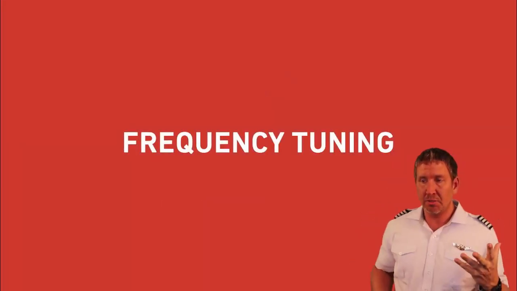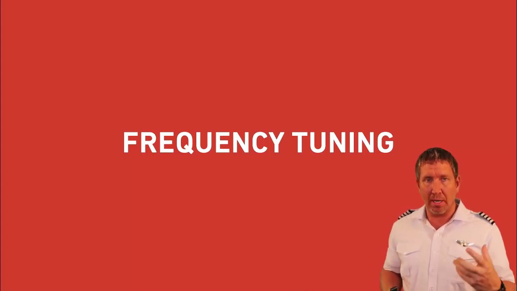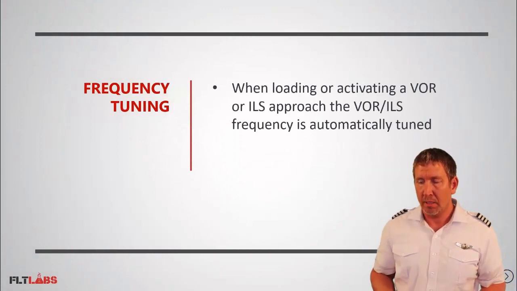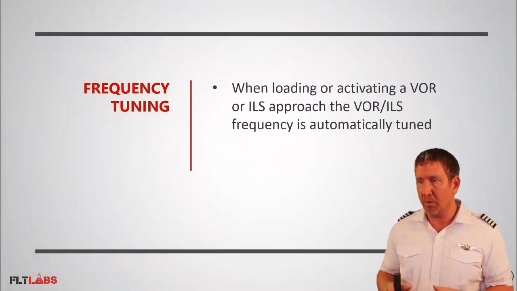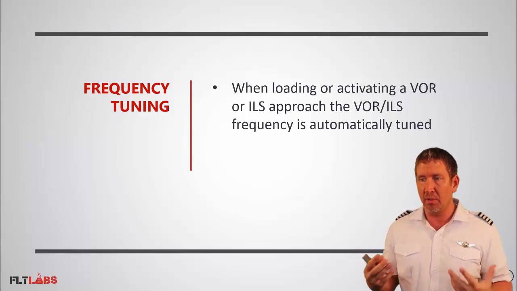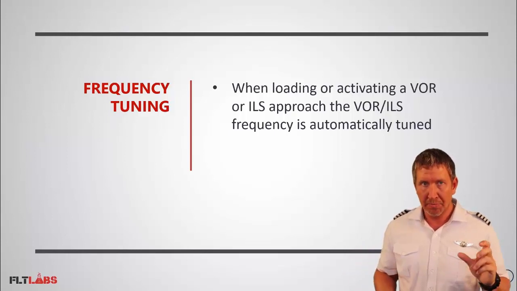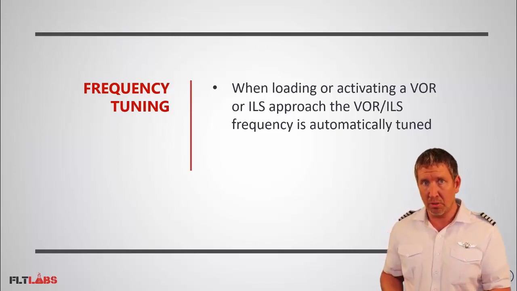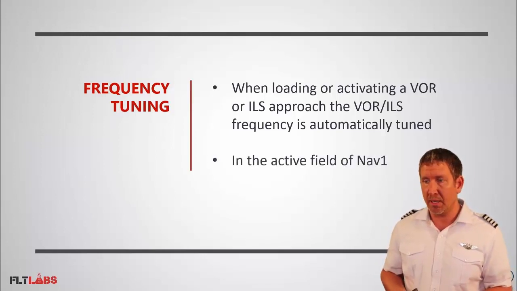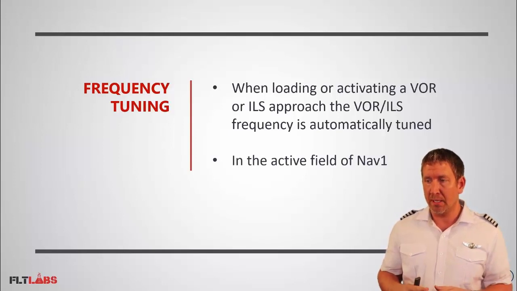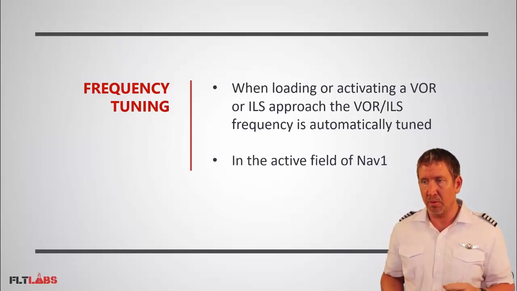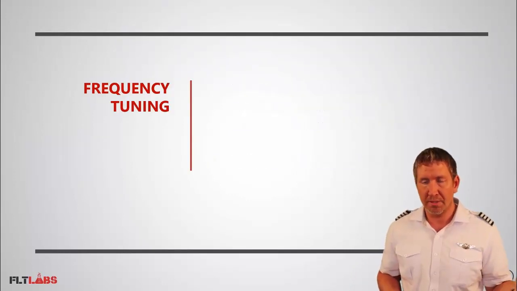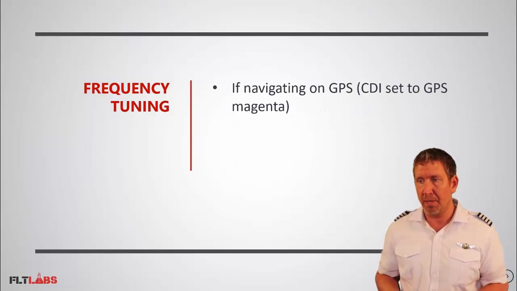Okay, frequency tuning. We want to tune a VOR, a nav aid frequency, to help us along our route of flight. When we're using the G1000 for that, when we're loading or activating a VOR or an ILS approach, so this is in the IFR world, but if we were loading those, frequencies are automatically tuned. I know that's not a problem with us now, but we'll learn it in the active field of nav1. So when we load those approaches, there's an auto tune feature. It's not going to happen to us in VFR, but